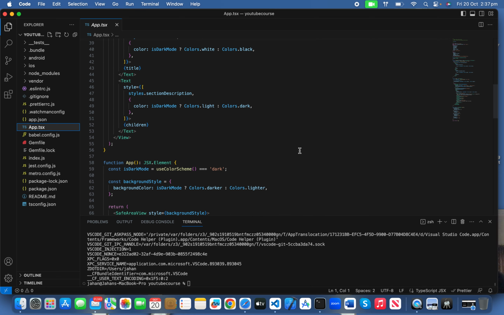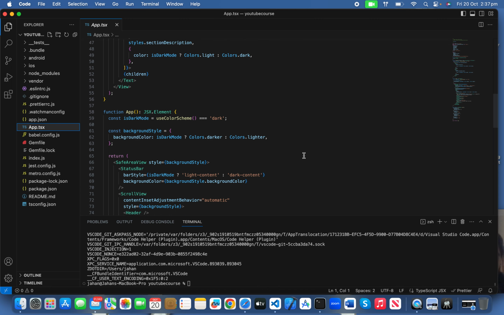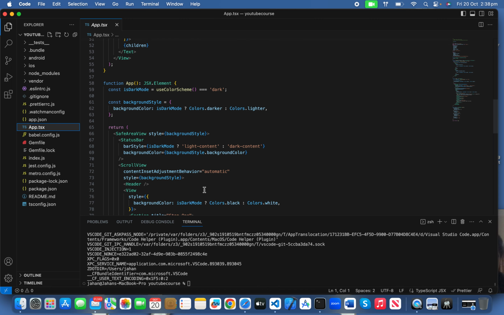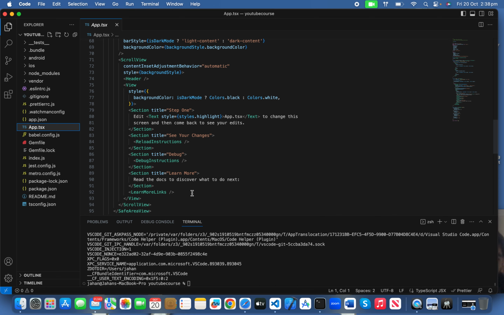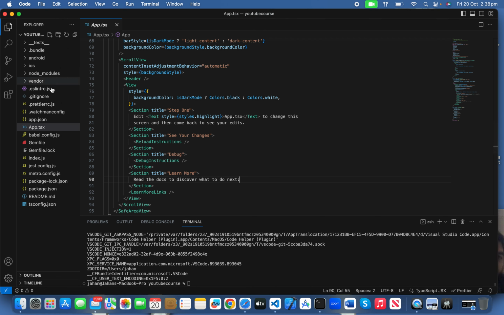Like in React.js, we have a file like main.js or index.js. So this is our app.js. Once we start the app the first time, you will be able to see all of this code on our app. Until our CocoaPods dependencies get installed, we can just